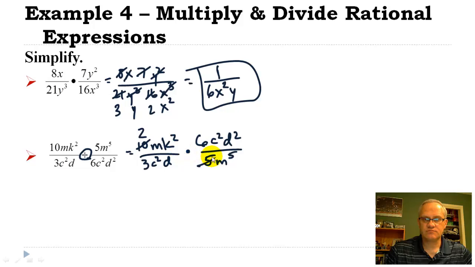This m, and here's some m's on the bottom, so this m will totally cancel, and this will change that to an m to the fourth. There's a k squared. There's no other k's in here, so that's going to stay as it is. I got a 3 and a 6. That 3 will totally cancel and make that 6 2. There's a c squared and a c squared. Those will both totally cancel out. And there's a d and a d squared, so that d will cancel out, and this will become just a